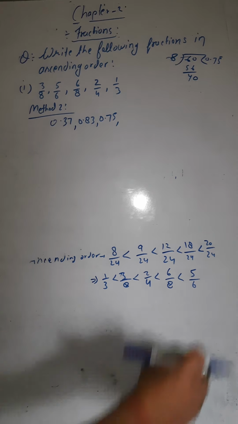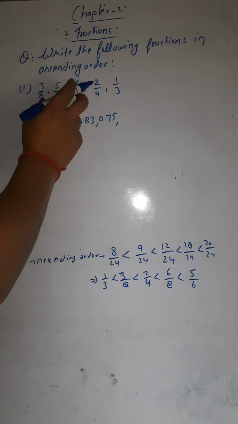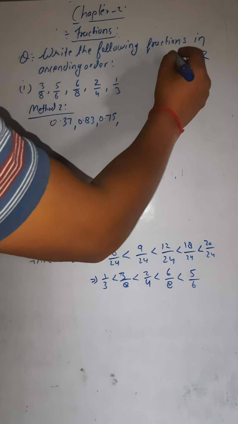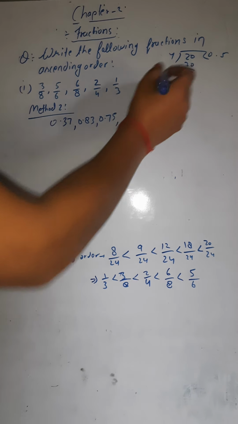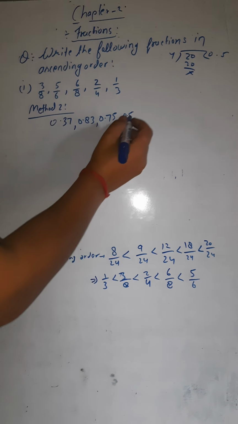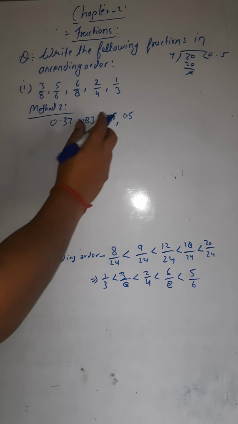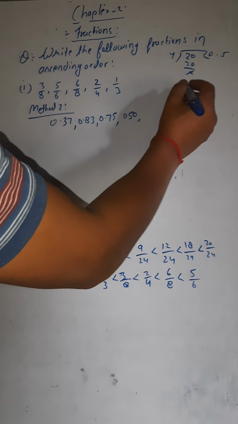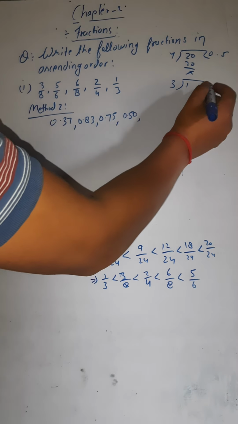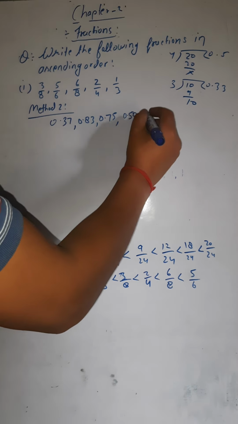Okay. So now next. The next fraction is what? 2 by 4. So you are going to divide this 2 by 4. Not divisible. 0, 4, 5 ja 20. Completely divisible. It means 0.5, or each is having 2 digits after the decimal. So here also you can write 0.50, no problem. So now here 1 by 3 means you are going to divide this 1 by 3. Not divisible, put decimal. 0, 3, 3 ja 9, then 1, 0 again, 3, 3 ja 9. So 0.33 it is coming.